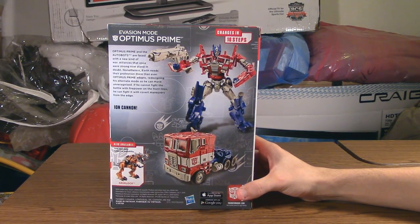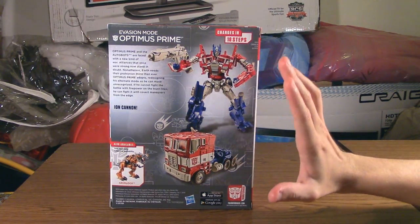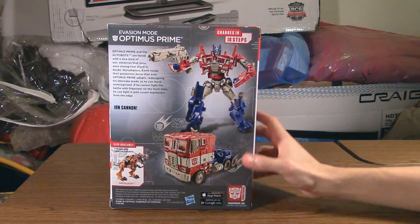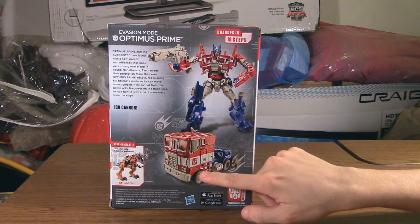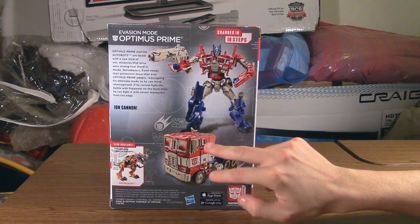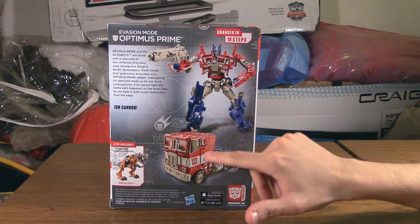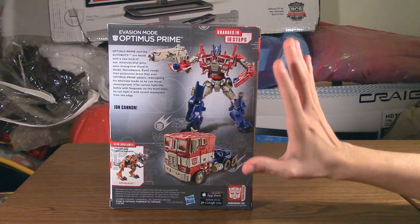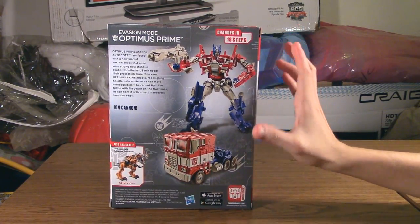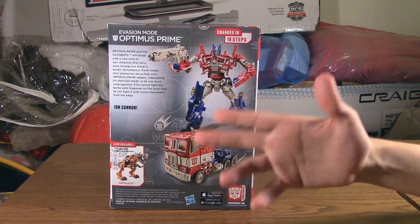the edge. Which is funny, because even though it's not present here in the figure, in the movie, from some of the images that I've seen in the trailers and the TV spots and all that, it looks like he's still going to be sporting the flames in this vehicle mode, even though it's a very different form of truck than in the first movie, or the first 3 movies. If you want to be covert and try to disguise yourself, because apparently humans are now hunting down Transformers, do away with the flames like you did here with this figure, instead of like how it's going to be in